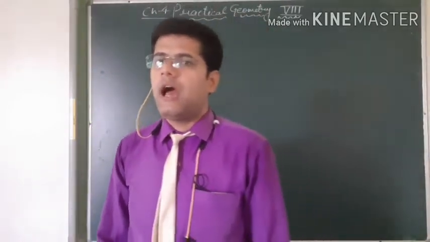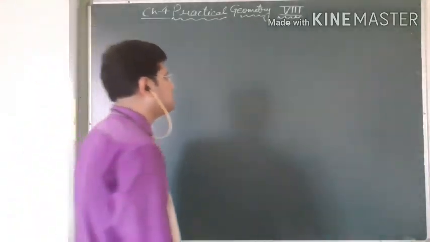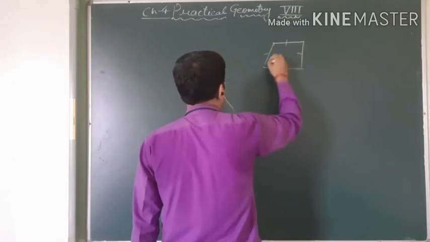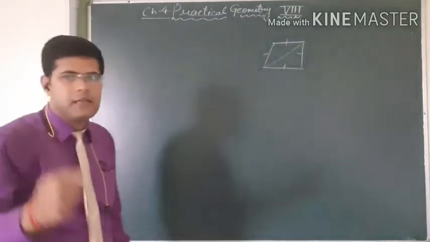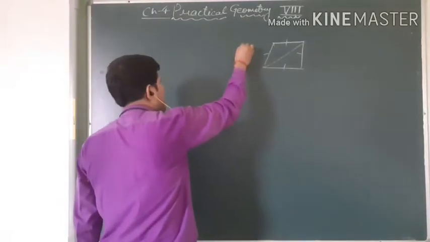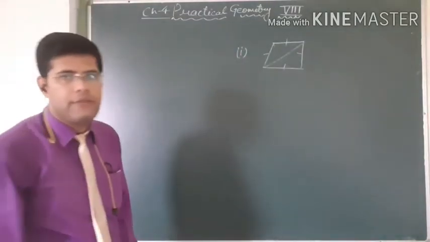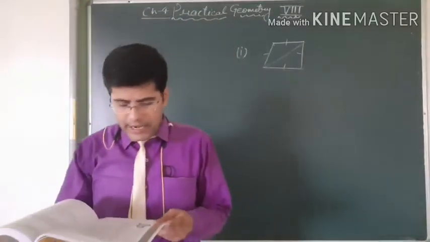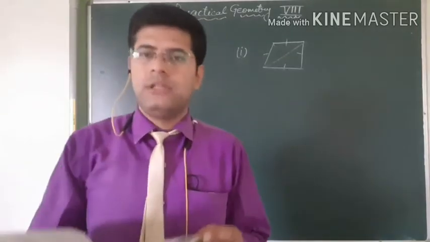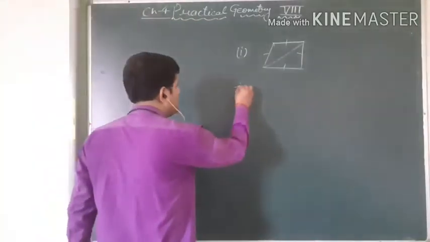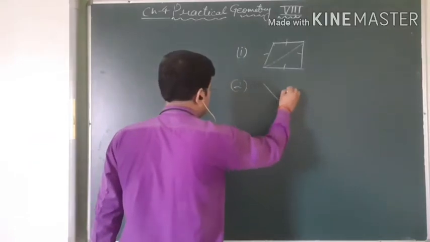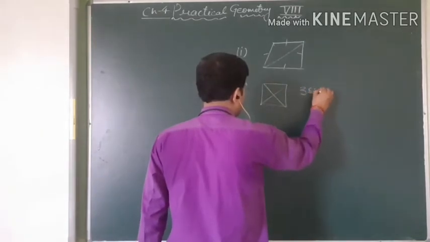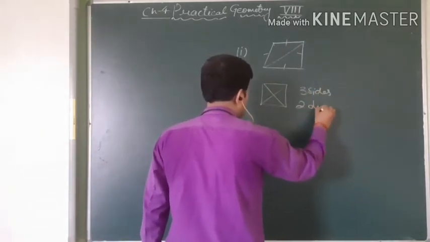It means we can make a quadrilateral when we have all 4 sides and 1 diagonal. So by the first method, if 4 sides and 1 diagonal are given, then you can make a quadrilateral very easily. This was the first rule. Now the second: when 2 diagonals and 3 sides are given. It means you need to know 3 sides and 2 diagonals.